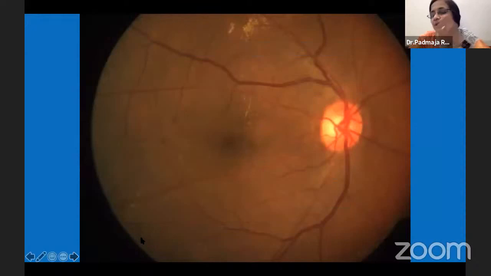This is the last slide. Can you grade this? And don't forget the disc. Always see that the disc here is very normal. Pink, neuroretinal rim, cup, disc margins. So don't forget about the disc, because one can have a glaucomatous disc like a cupping. It could be a pale disc due to any ischemic optic neuropathy. Again, that needs a referral.